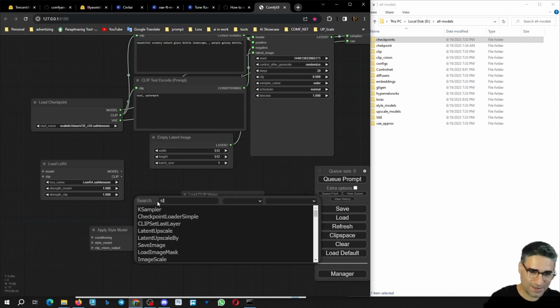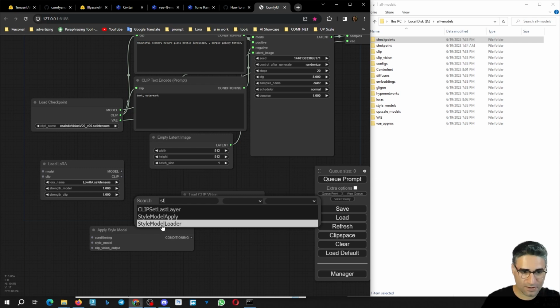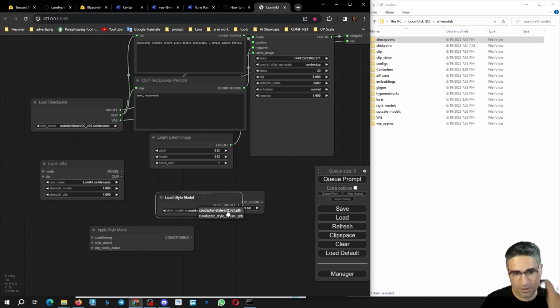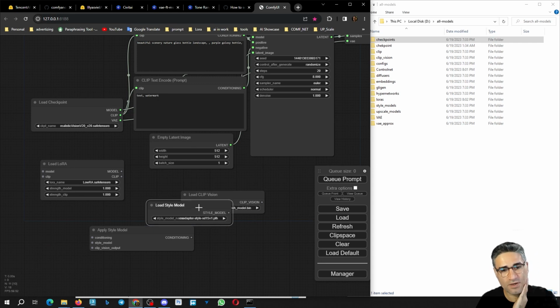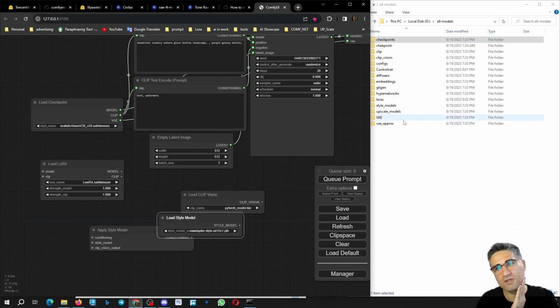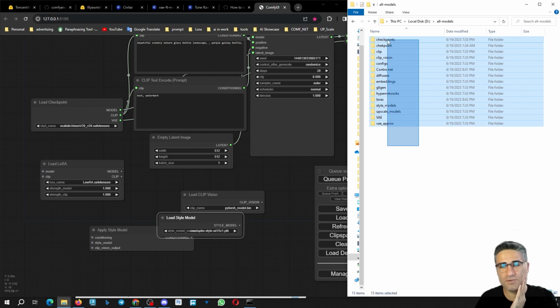Style model loader. Okay, so now the ComfyUI can read the information on this folder,